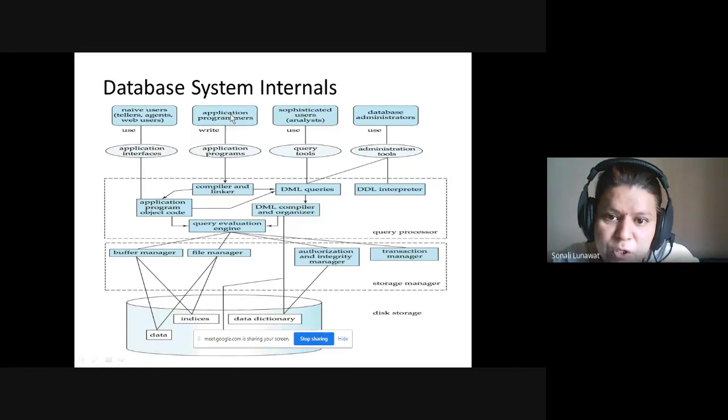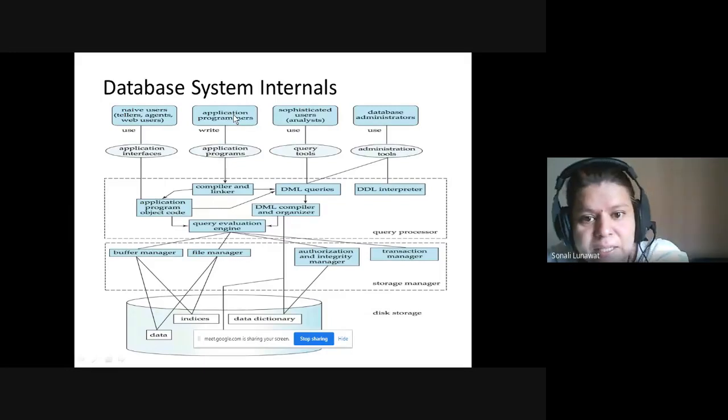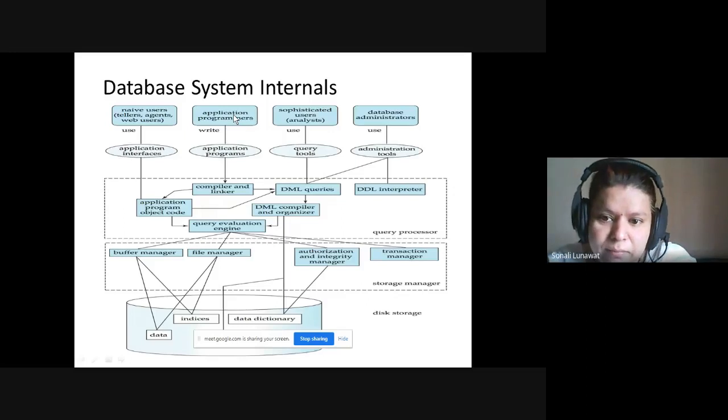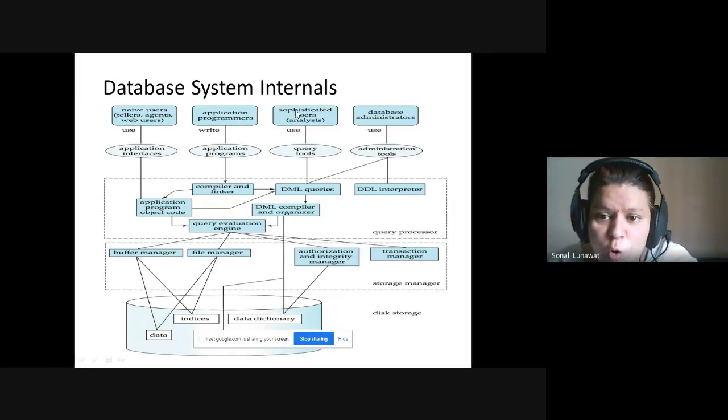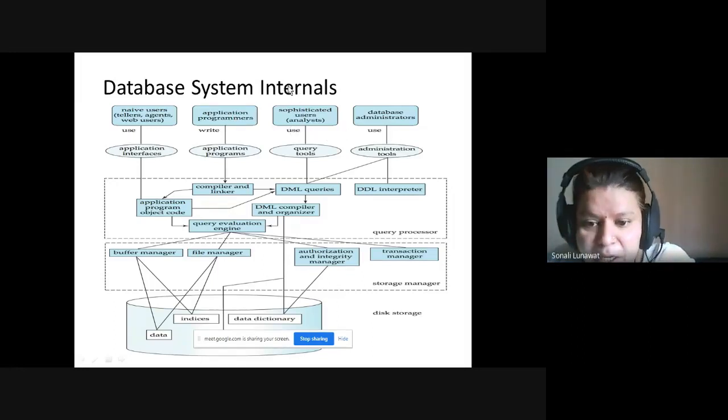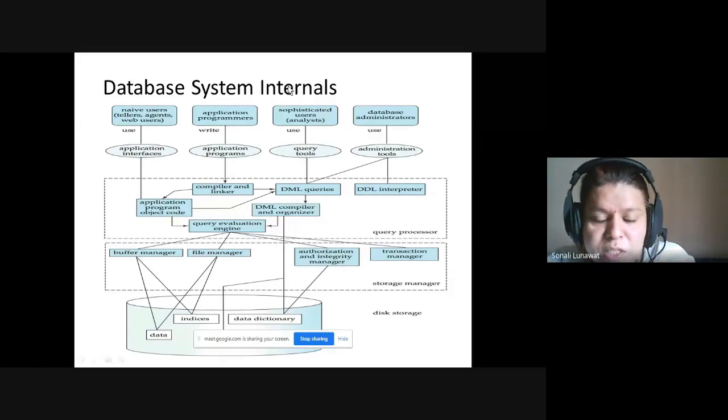Then next comes the application programmer. Who are these application programmers? Understand that application programmers are the people who connect your front end with a back end database. There is also a back end database person, called a sophisticated user, who knows how to write queries and everything. These people plan the database design, but the front end, where things need to be displayed, will be done by application programmers. So first are naive users, and second are application programmers, who write application programs, and based on their programs the interfacing can be done.